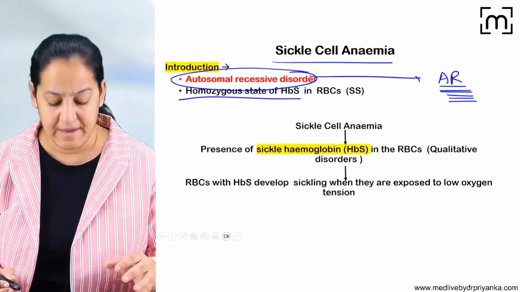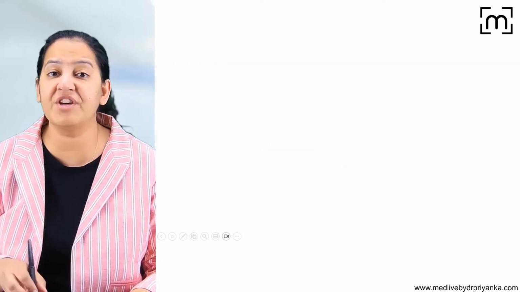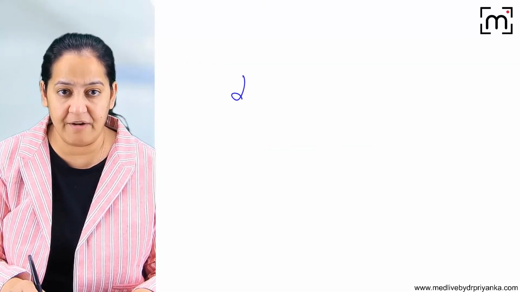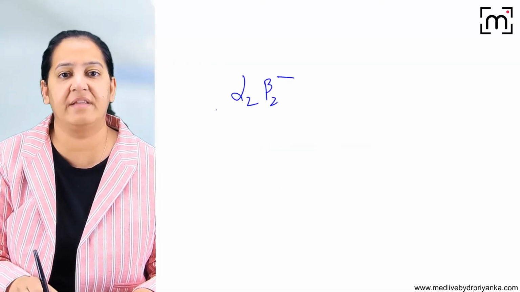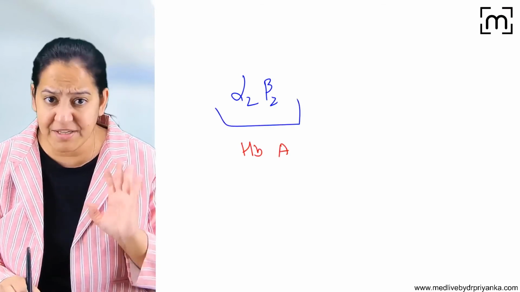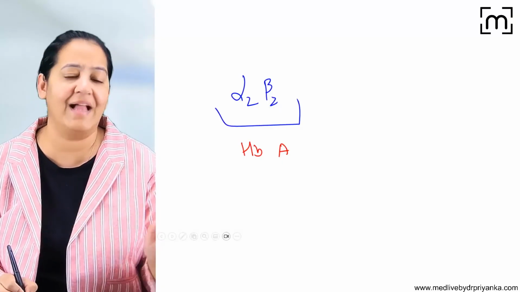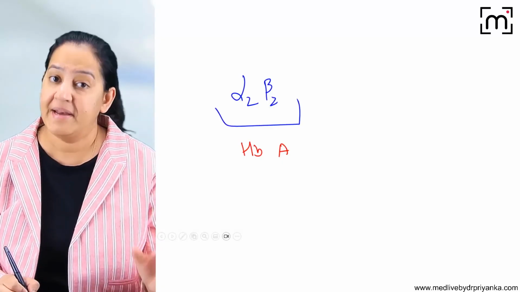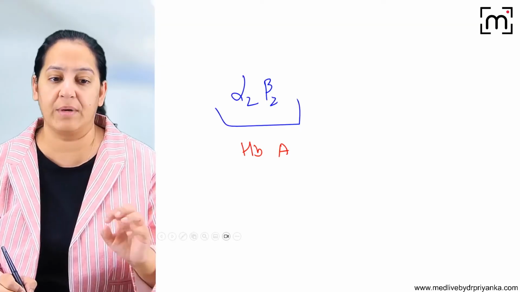So what is the problem here? I told you the three types of hemoglobin. What is the major hemoglobin? The major hemoglobin is alpha 2 beta 2, and the name of this hemoglobin, alpha 2 beta 2, is hemoglobin A. That is the major hemoglobin in human, in me, in you, in all the healthy individuals. This is the main hemoglobin. 95 to 98% of the hemoglobin is this one only. But